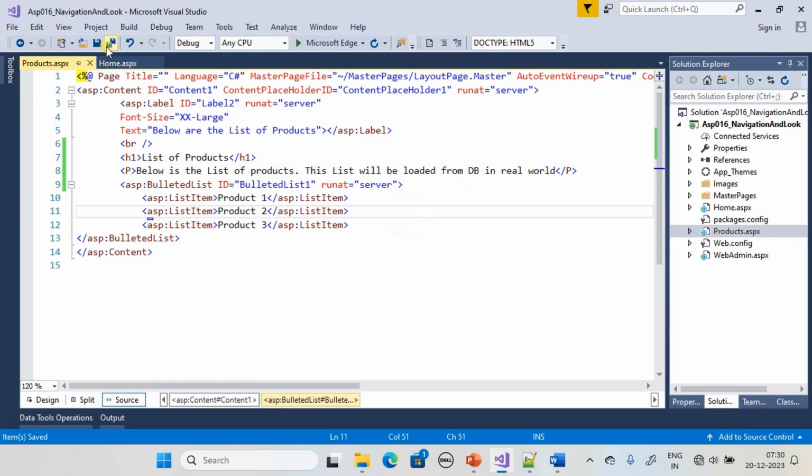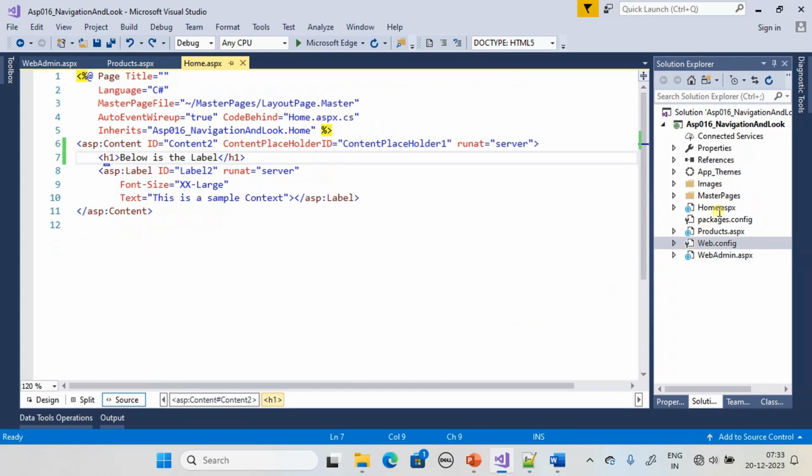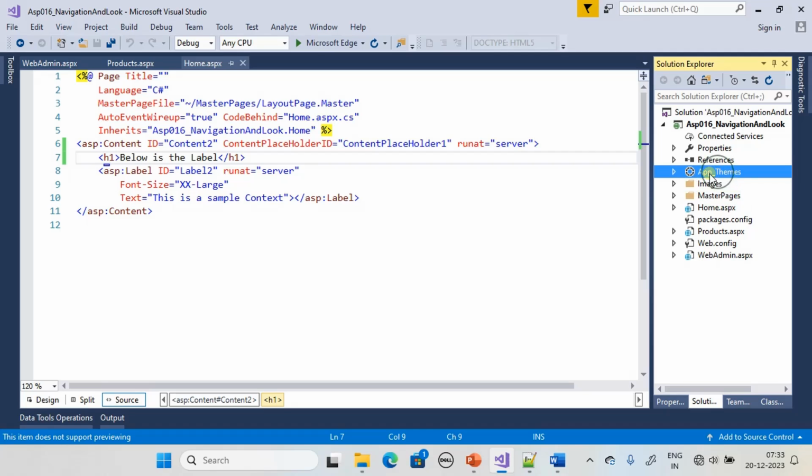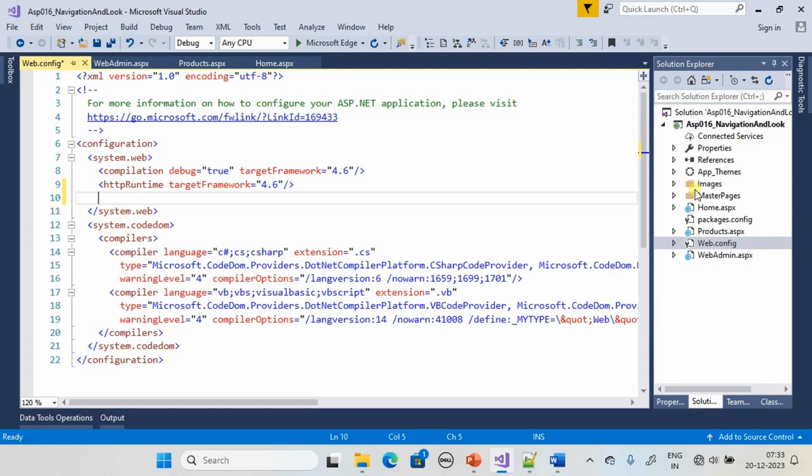Okay, so let's leave it as it is. So now we have themes defined here, light blue and wood. Now we will go to the Web.Config file, and under the system.web configuration we will say